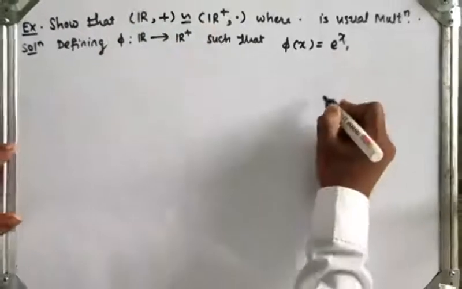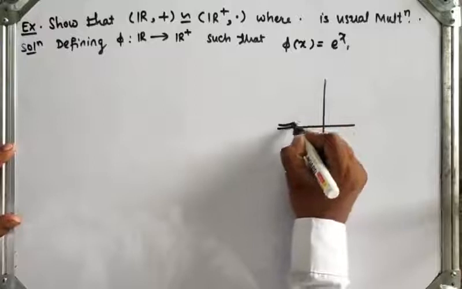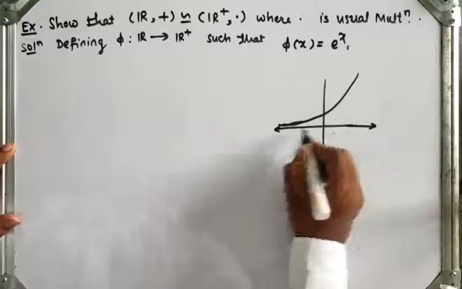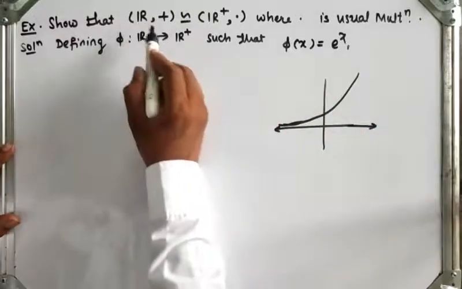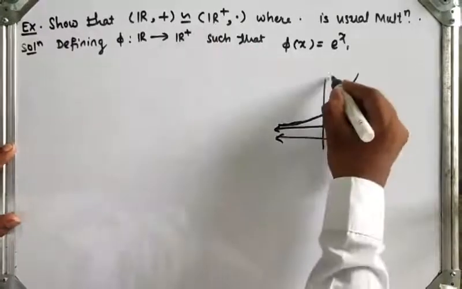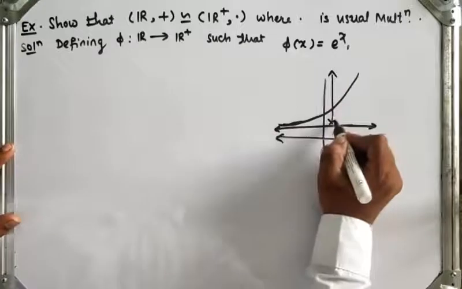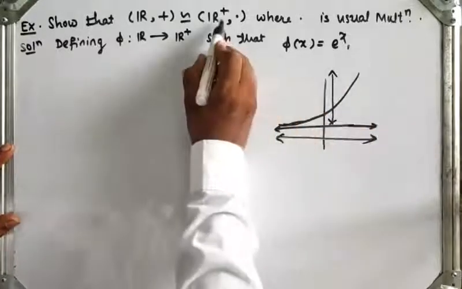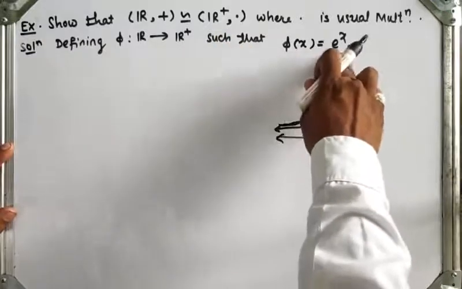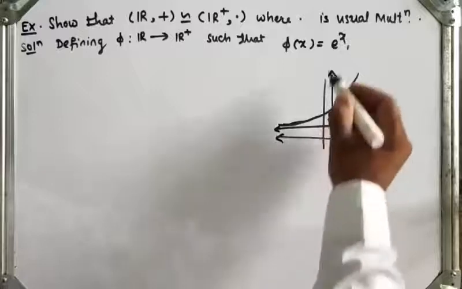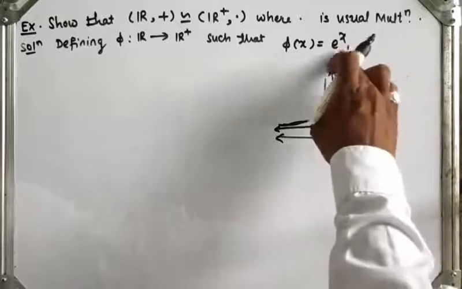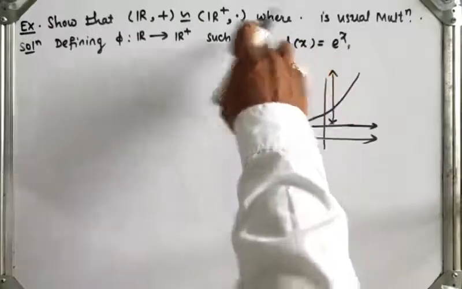So we have the graph of the exponential function like this. This is the real number R, because this is the domain. The domain is R and the codomain is R plus, meaning every value is a positive real number, right? So we have to define the function phi of x is equal to a raised to x. From the graph we see that e raised to x is always positive, a positive real number. So indeed e raised to x, meaning phi of x, is in R plus.